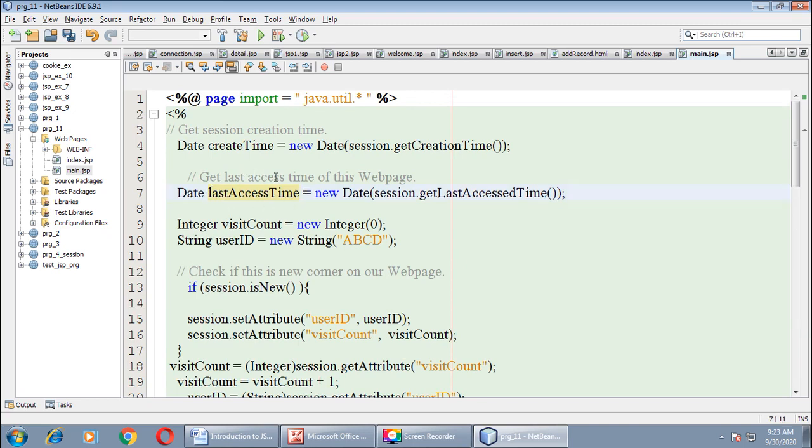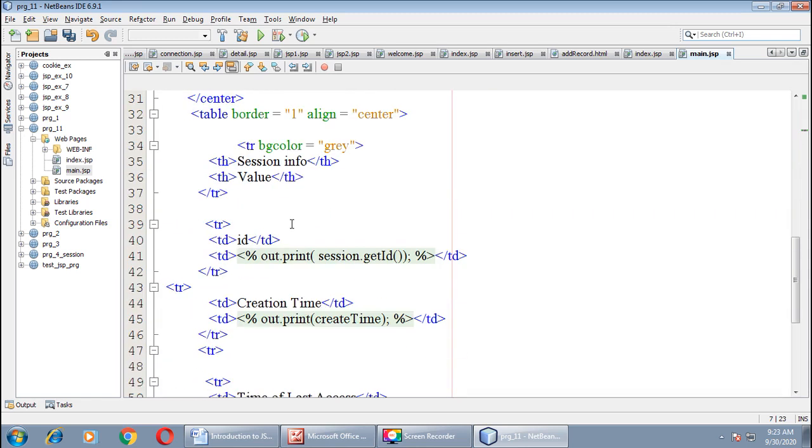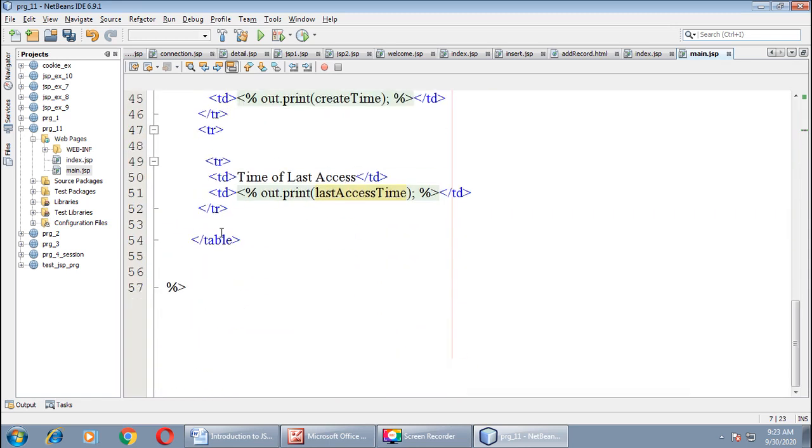See, it has the value of session.getLastAccessedTime stored in it, right? Whatever time the session was last accessed by a client will be assigned to this variable, and this we are going to print in this tr.